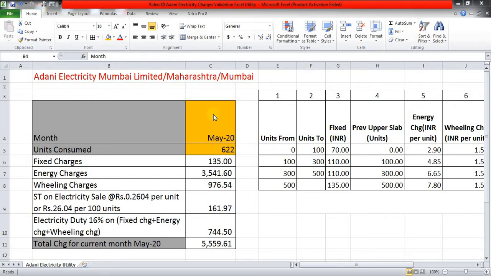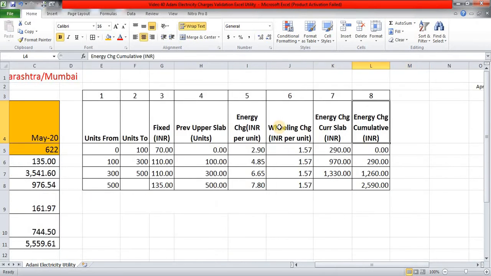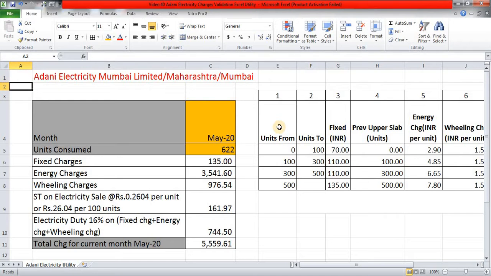If you have, say, Tata Power or BEST or any other electricity supplier, then for God's sake don't use this utility, because the amounts will definitely change. Coming to this utility, these are the charges which Adani Electricity charges to all of us, and the logic I have designed is the same thing which I showed while making the utility for income tax calculation, and exactly the same logic we are going to use here.